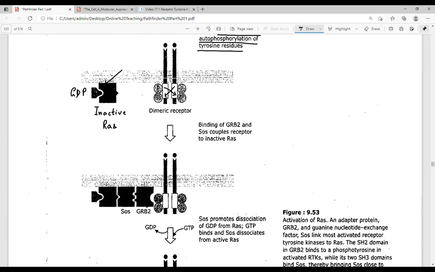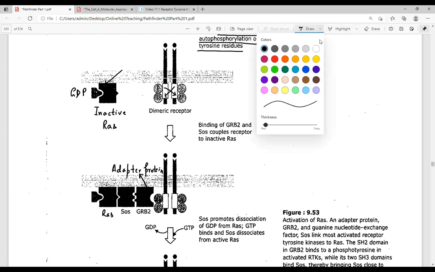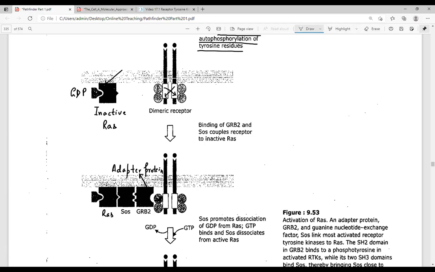There is an adapter protein which is present. The adapter protein is referred to as GRB2. Somewhere it would be written. This is referred to as an adapter protein. What do you mean by adapter protein? An adapter protein is one in which there is an adapter present. That means it will serve as an adapter for the binding of the RAS to the phosphate groups which are present. The binding of the RAS to the phosphate group is being ensured only by its effective binding.